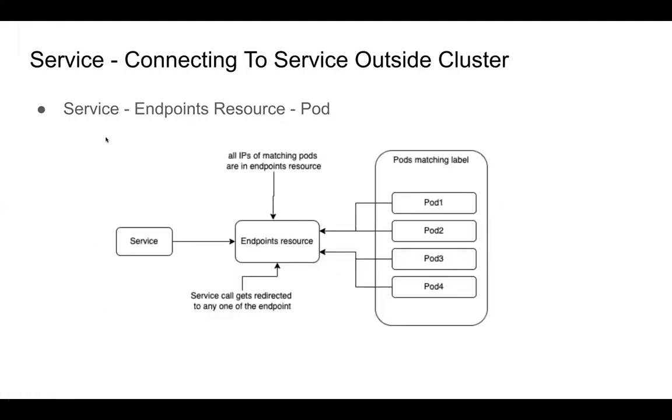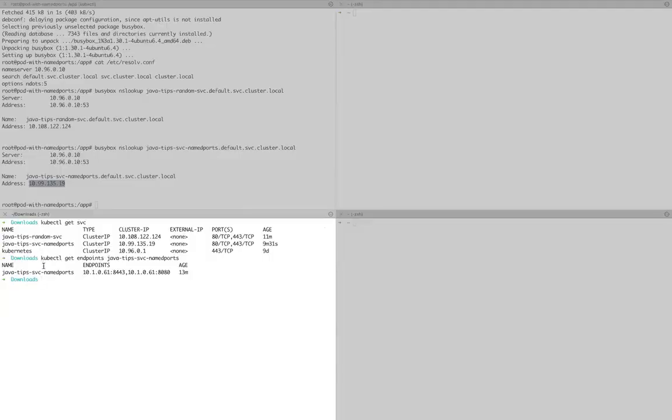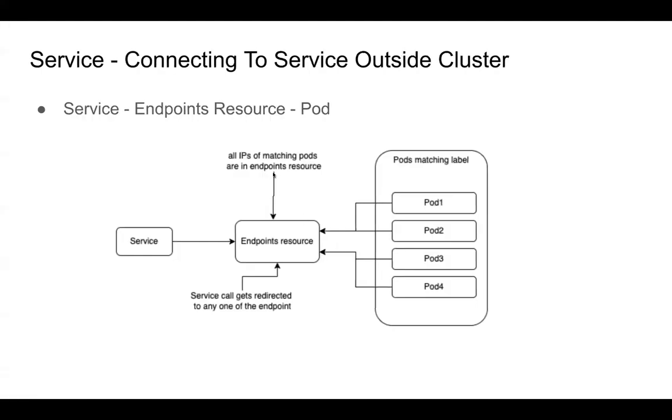And I'm trying to represent this diagrammatically also. So you have a service which connects to an endpoint. All IPs of matching pods are in this endpoint resource. See here, I have created only one pod, for example, kubectl get pods. So there is one pod, but if we have multiple pods,